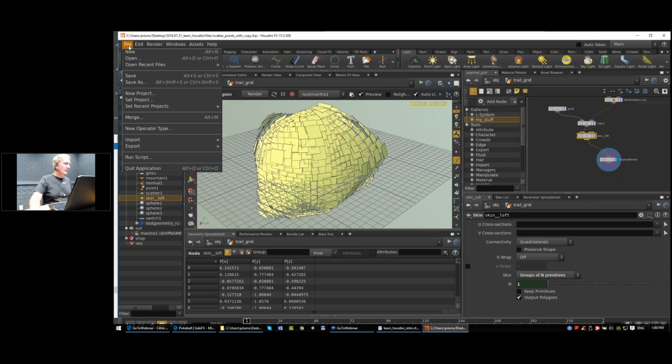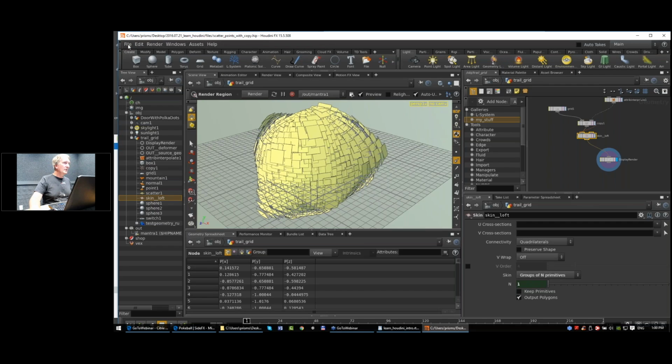Next question. Some nodes don't have inputs like font swap, line swap, etc., but they have parameters, text for font swap, for example. Is there any way to control these parameters with VEX? This is a great question. I don't know if people heard it, so I'll repeat it. Some nodes don't have inputs. That's right. A lot of generators do not have inputs, but they have parameters, and you want to be able to control those parameters with VEX functions. The answer is